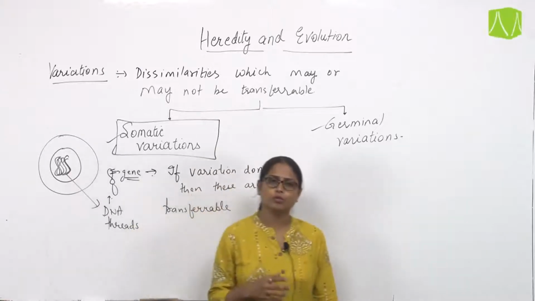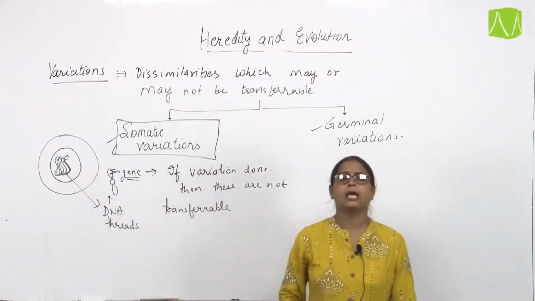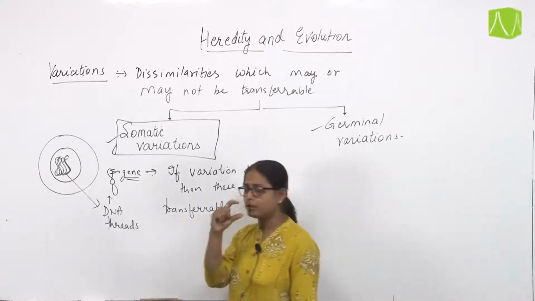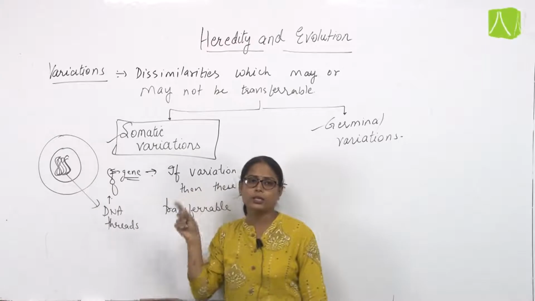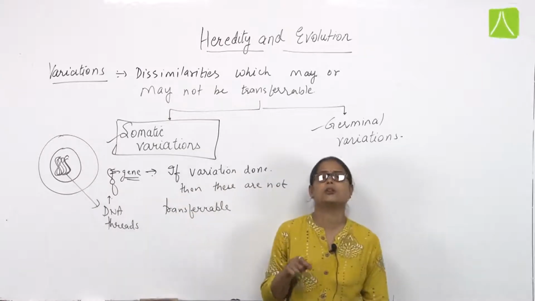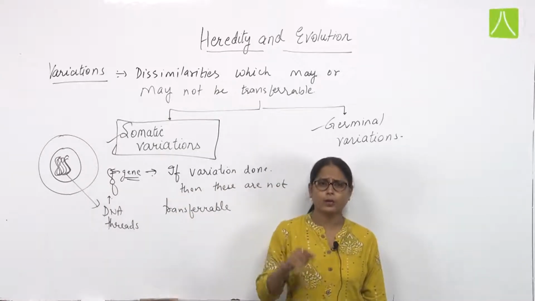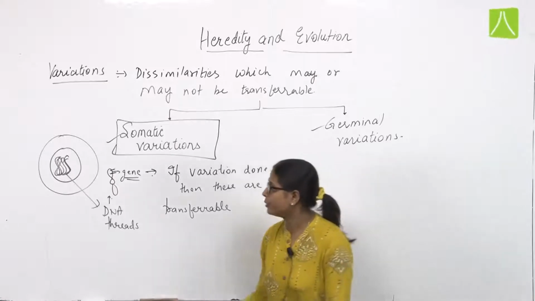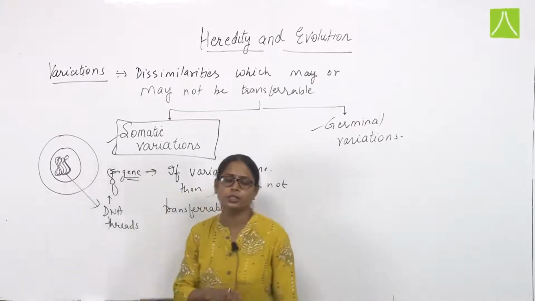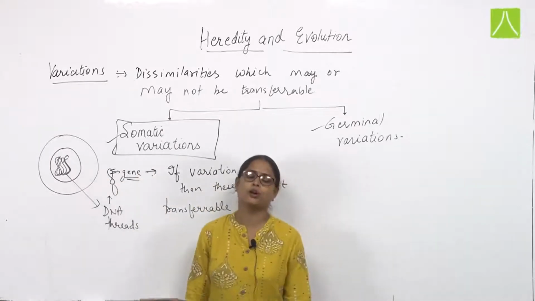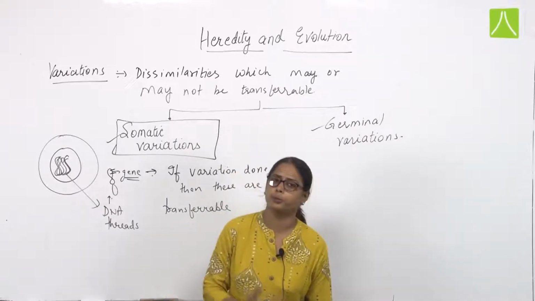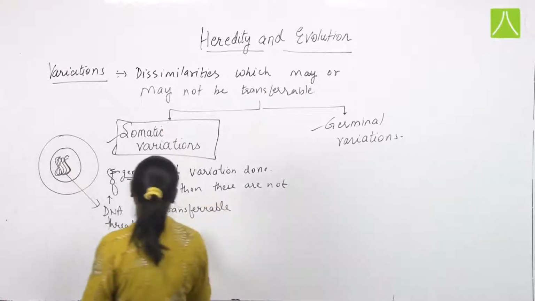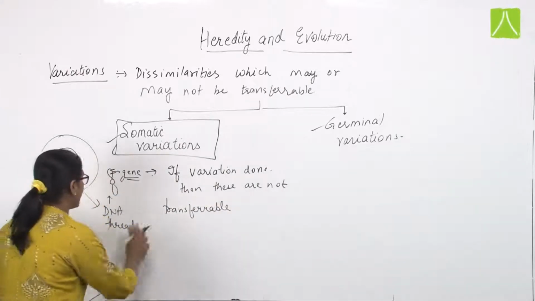And this chromosome is actually made up of DNA thread, and a segment of that DNA is known as a gene. Why is it known as a gene? This gene contains information for a particular character, a particular product or a particular protein. So this gene stores the information for the formation of a particular product or a character to express. So here what we are talking about is that